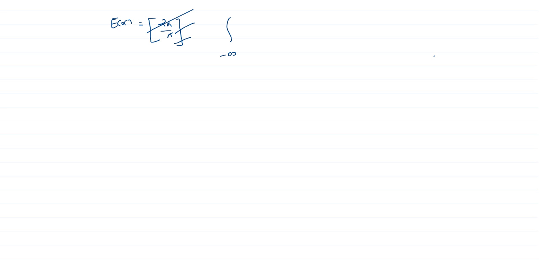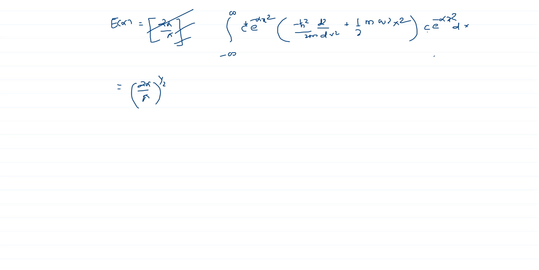The integral from minus infinity to infinity of C e raised to minus alpha x square, then H, which is minus h bar square by 2m d2 upon dx square plus half m omega square x square, acting on C e raised to minus alpha x square. This C on the left will of course be C star, because it is a complex conjugate, and C star and C give me mod C square, and mod C square is nothing but 2 alpha upon pi raised to 1 by 2. Since it is C square, that 1 by 4 becomes 1 by 2.